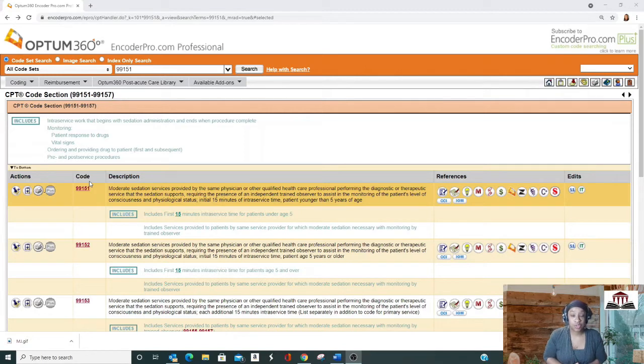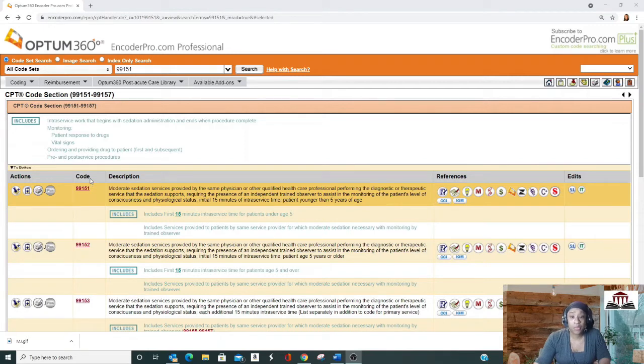Moderate sedation services are performed by all types of providers. Whereas I typically see the anesthesia codes just reported by anesthesiologists, you could see a moderate sedation service by a hospitalist, a surgeon, just any kind of specialty. There are state level requirements and some requirements one has to meet to administer some of these drugs. But largely, you can have this service be reported by any provider, as opposed to anesthesia, which is largely just reported by anesthesiologists.